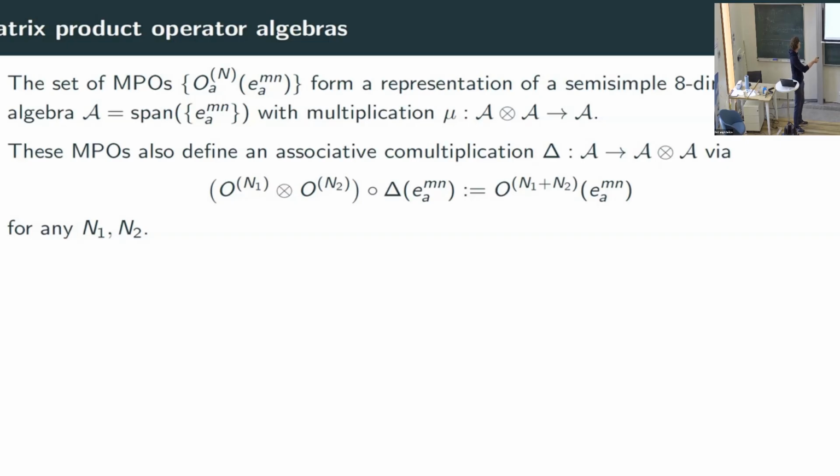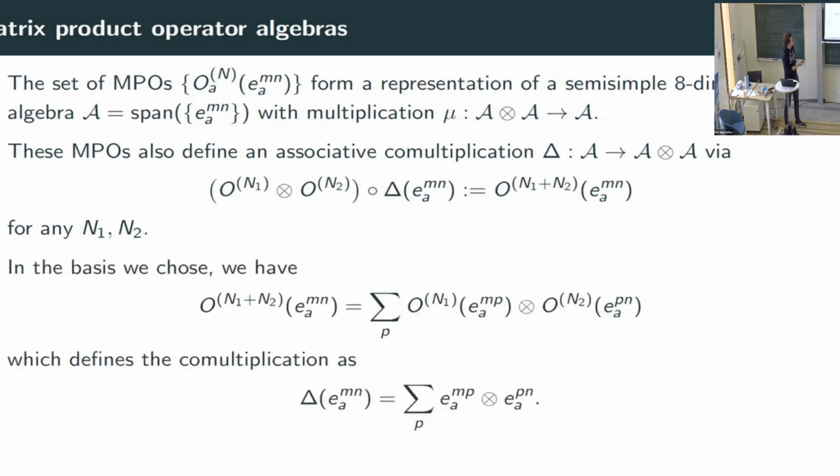And I can use this thing on the right to define the thing on the left. And the thing on the left here is this co-multiplication acting on this algebra. This has to be true for any n1 and n2. And so in the basis that we're using, it's very easy to see that this thing here is nothing but this, where basically you can think of this as defining these matrix product operators on open boundary conditions and then contracting along this index here, which is going to implement the matrix product in my matrix product operator. All this to say that these matrix product operators, if I choose the basis of my algebra like this, I will get a co-multiplication like this.